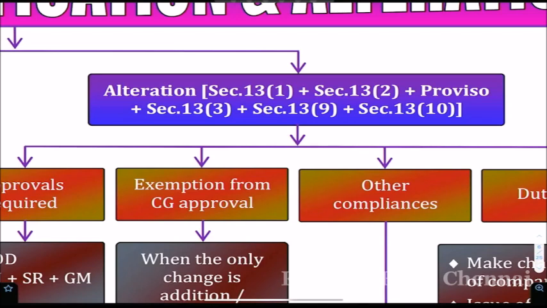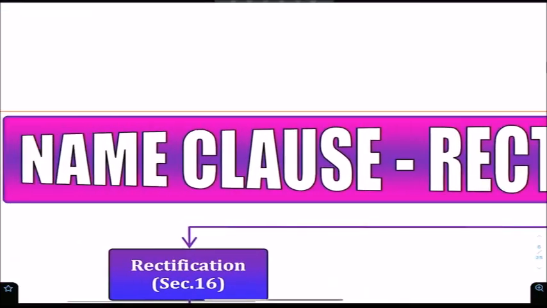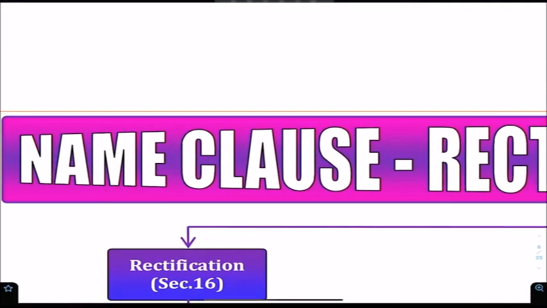Clear? So when will the balance be covered? 13.1 is there, 2 is there, 3 is there. Then where are 4 and 5? The question will arise or not? Yes, which clause are we reading? Here, which clause? The balance will be covered for situation and objects clause. So like that, section 13 is a combination of all the alteration clauses.